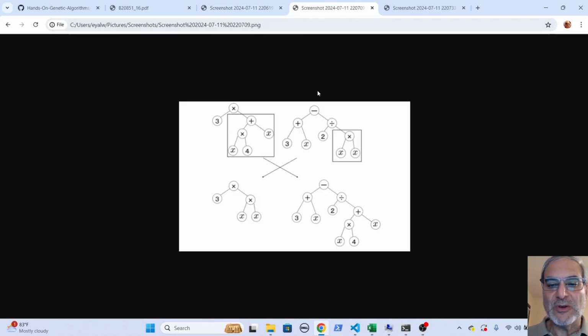When we do the crossover operation, what we do with trees is we try to take a chunk of each tree, each parent, and swap it around. That's one way to do it. There are all kinds of ways to ensure that it doesn't break the structure of the tree, that it's valid, and there is a lot more that can go into that, but we're going to look at a simple